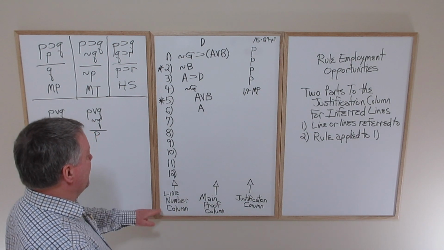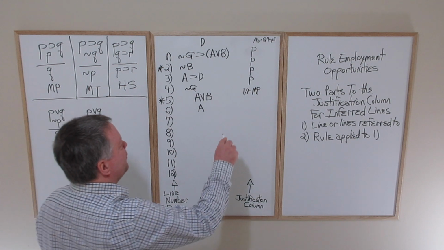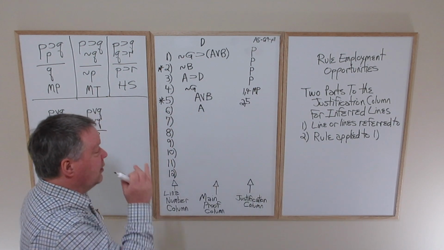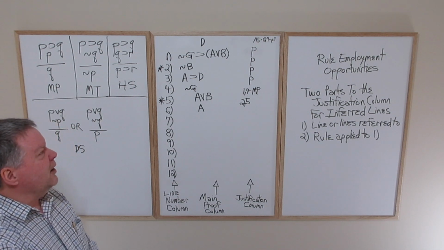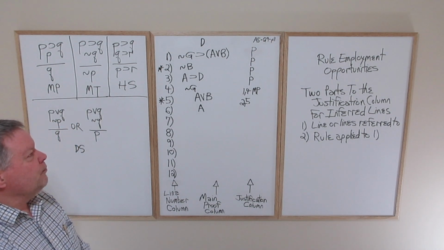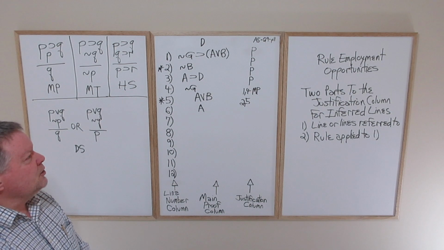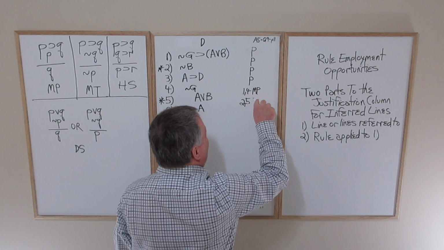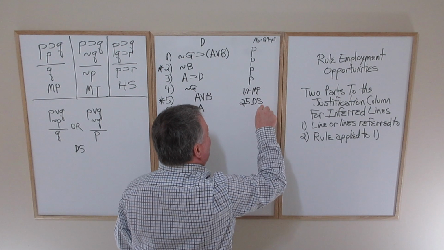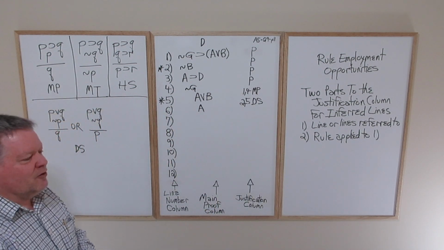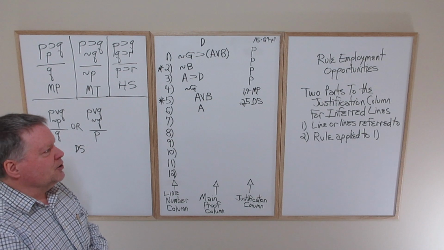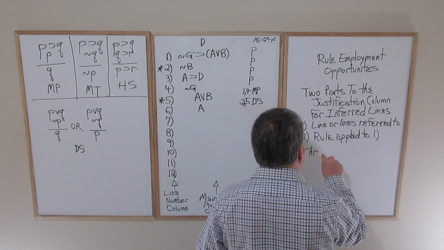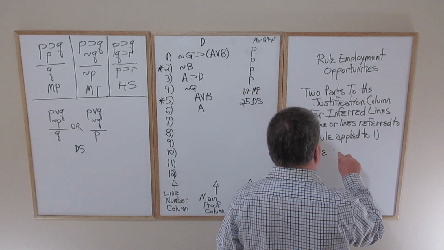We put the lines we referred to, in this case 2 and 5, in the left-hand side of the justification column. Then we put the abbreviation for the rule employed, in this case disjunctive syllogism, in the right-hand side of the justification column. So there's always going to be 3